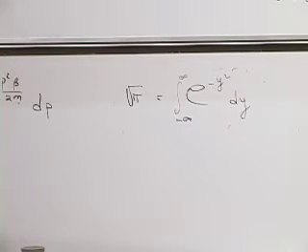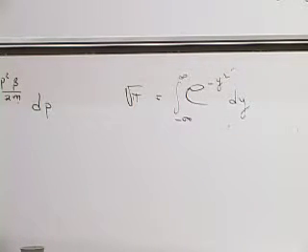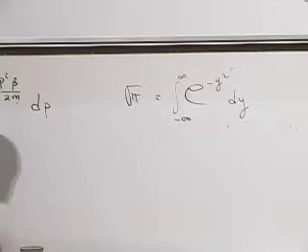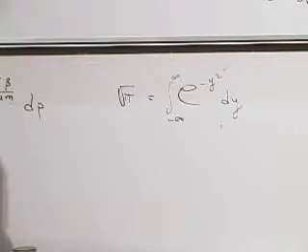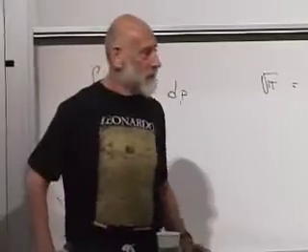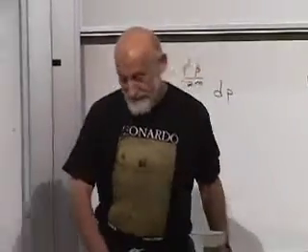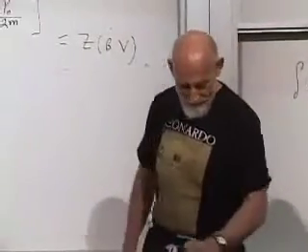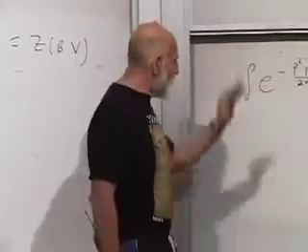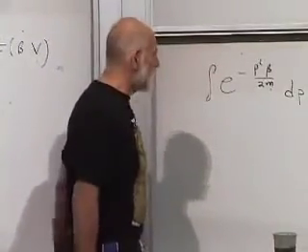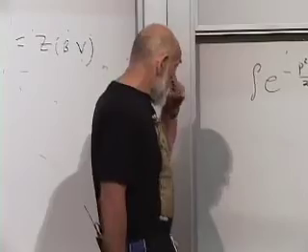Well, since the answer is square root of pi, if you want to do the integral, it's smart to do the square of the integral. The square of the integral will be pi. I'm not kidding. That's the way you do the integral. You square it, and then you can do it. You can't do the integral the way it is. You can do it if you square it. Okay. Some other time I will do the integral for you, but not today.